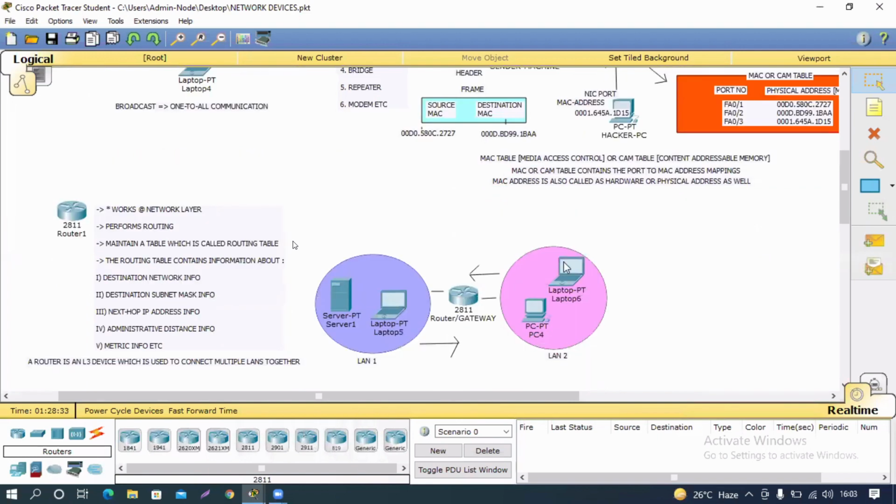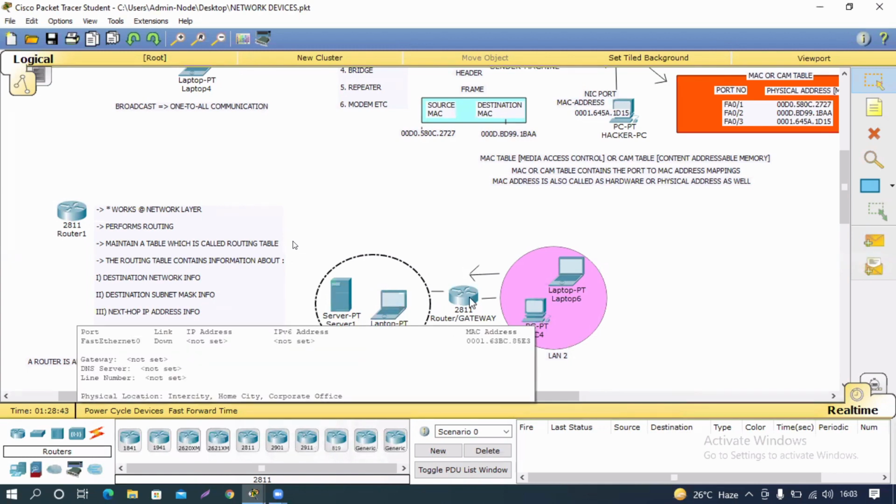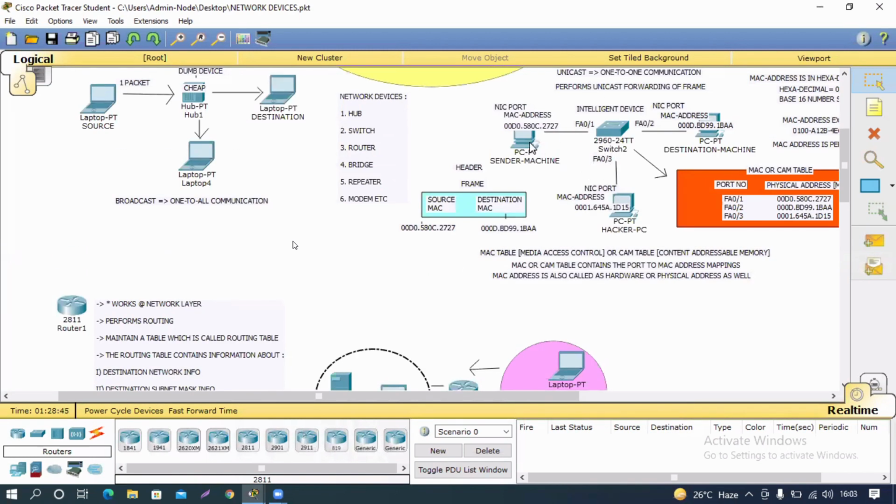Routing is delivering information from one LAN to another LAN. Getting my point? This is not about ports. This is about LANs, two different networks we are connecting with a router. But with a switch, we are simply delivering frames between two machines. So between the same